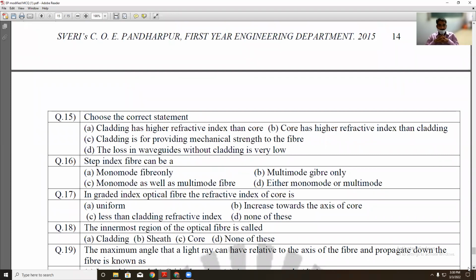Option B. Core has higher refractive index than the cladding. Cladding has higher refractive index than the core? No, core has higher refractive index than the cladding. Yes, good. Cladding is for providing the